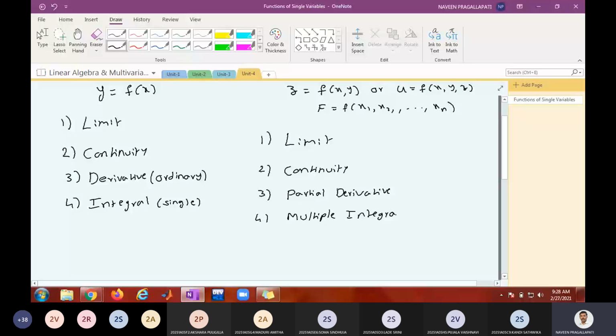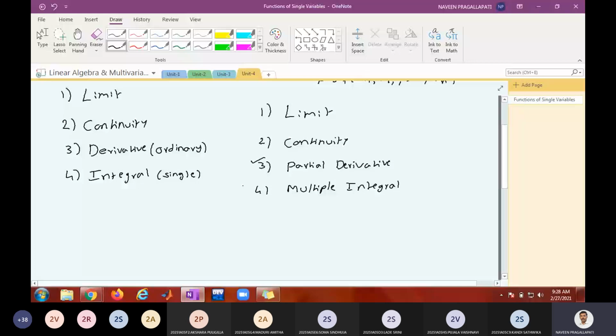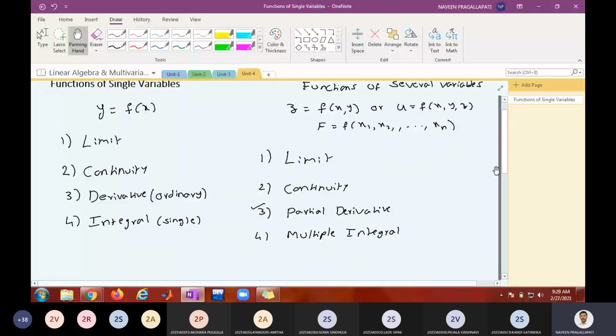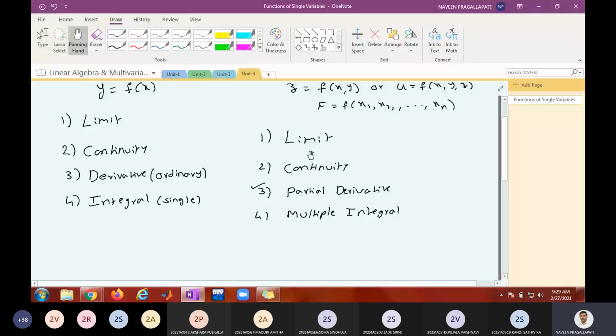Okay. So already you have seen partial derivative in intermediate itself. Okay, and its applications we are going to see in this course. Okay, and you don't know the definition of limit, continuity for functions of double variables or triple variables. Those things we will see here, only definitions. Then we'll see the definition of partial derivative and some rules on partial derivative and some applications of partial derivative, followed by multiple integrals.